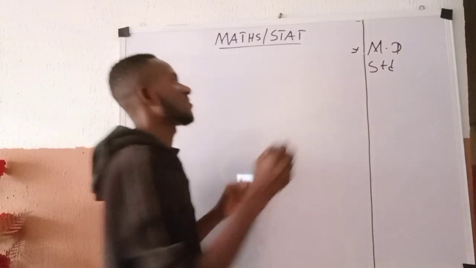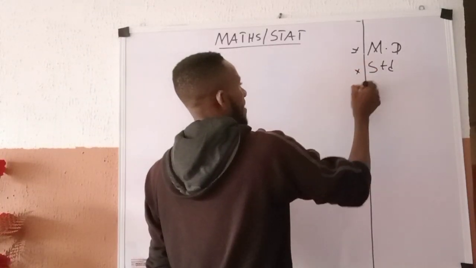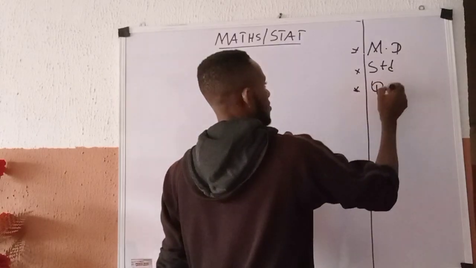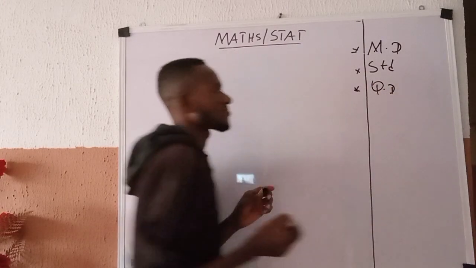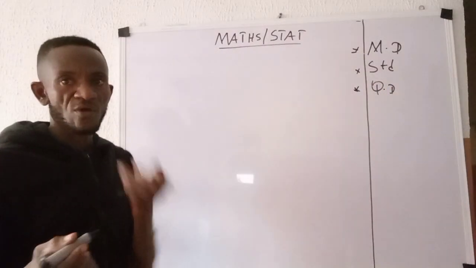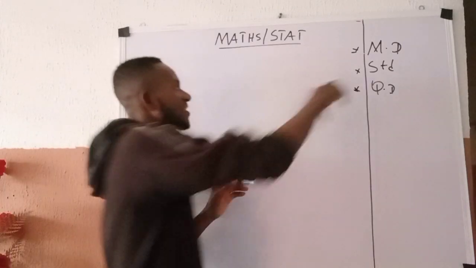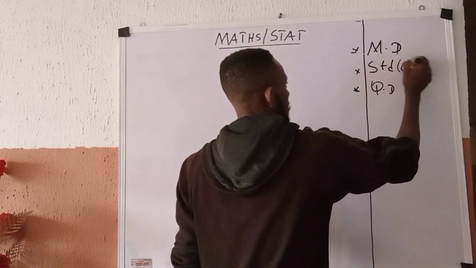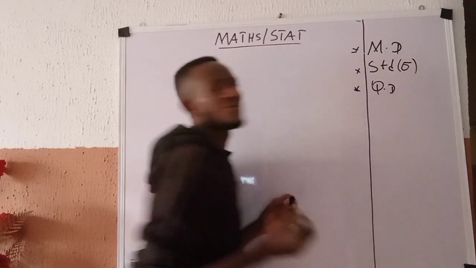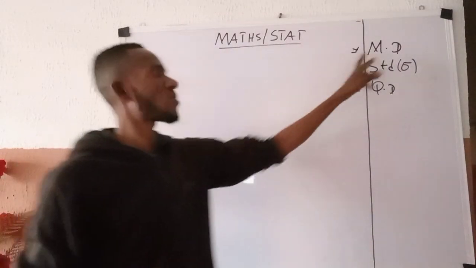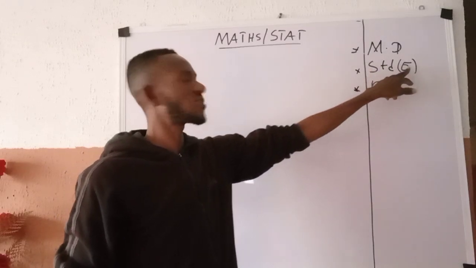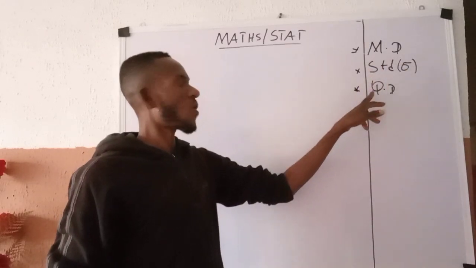And then I will equally be talking about what we call the quartile deviation. Permit me to write Q.D. Of course, you know that this standard deviation is always written as sigma. So we have the mean deviation, the standard deviation sigma, and the